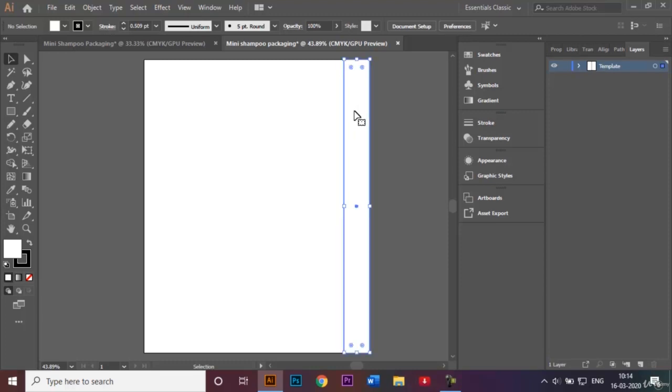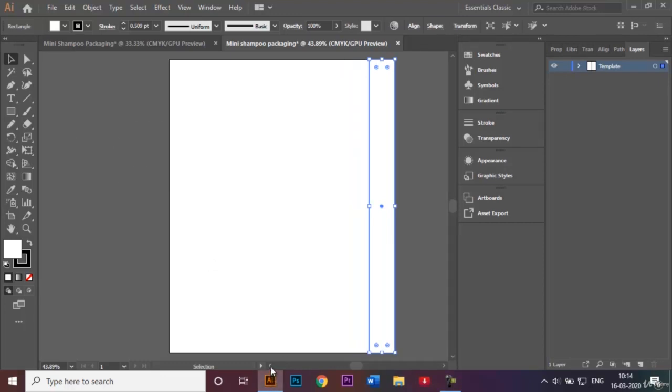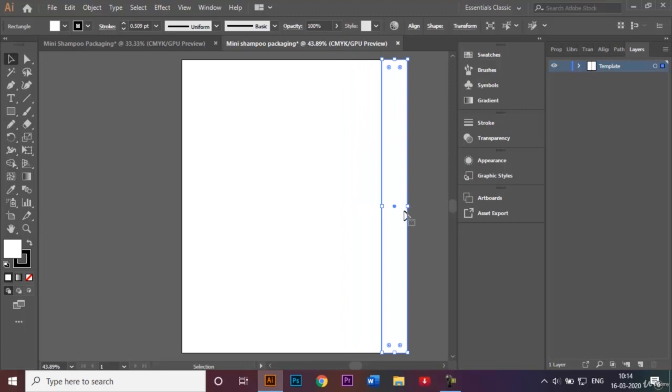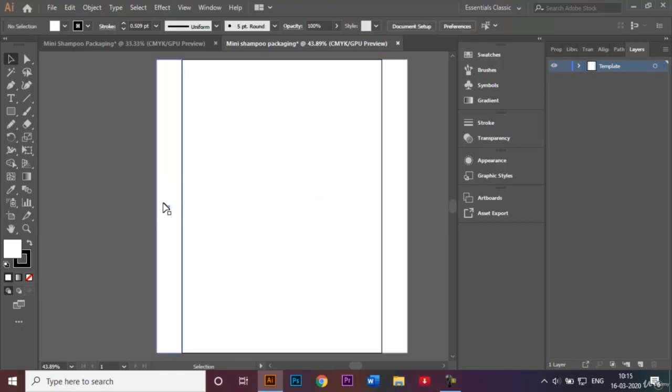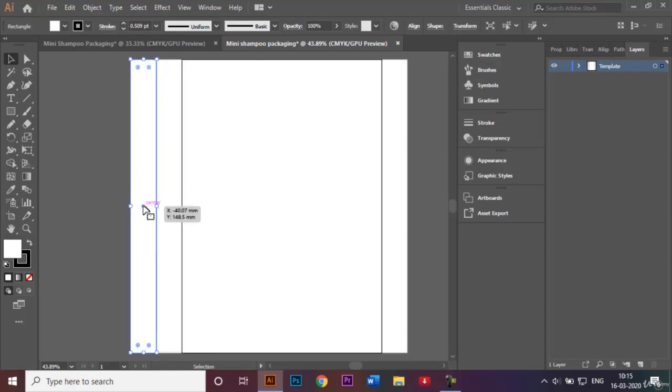So I'll just select this. I'm going to make 2 more copies on the other side as well. So to do that, I'll be clicking on Alt and just dragging my rectangle onto the other side like that. I'll select this again and I'll make another copy. So I'll repeat the process by clicking on Alt and dragging it like that. So once that's done,